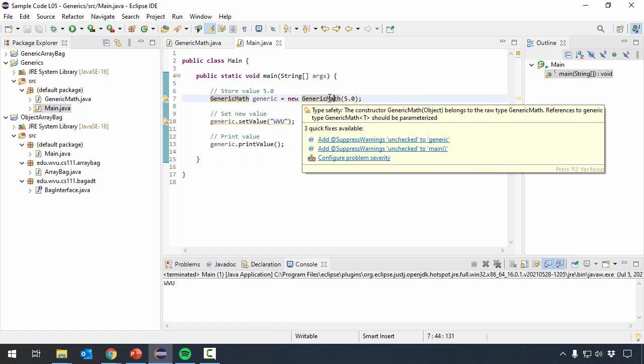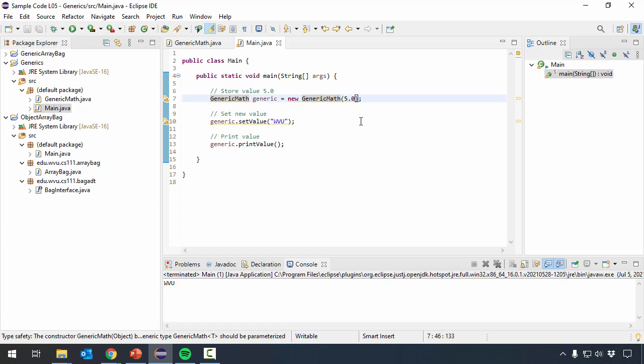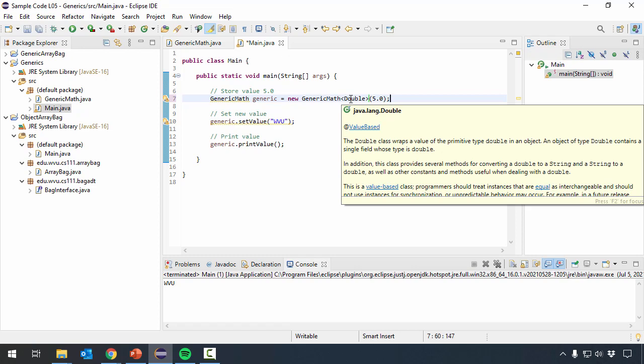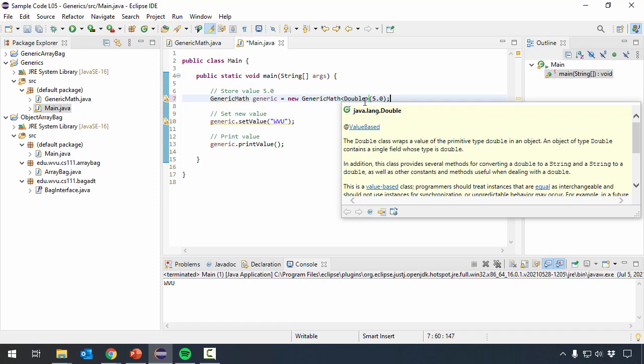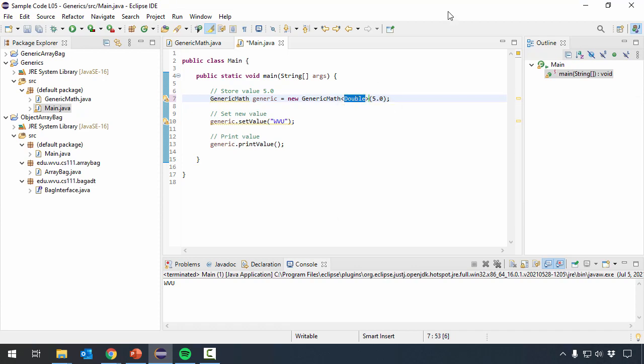What that basically means here is that Java is looking for us to specify the type for our parameter. So we're going to go ahead and do this. When I call the constructor, I want to specify the type there. Now you'll notice here that I used capital D double, which I hover over here. It tells me it is this class java.lang.Double. This has to deal with a limitation of